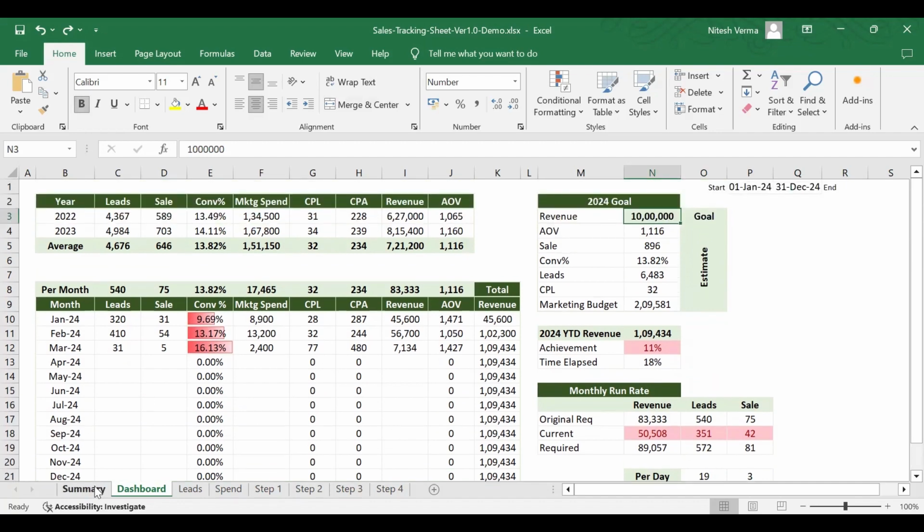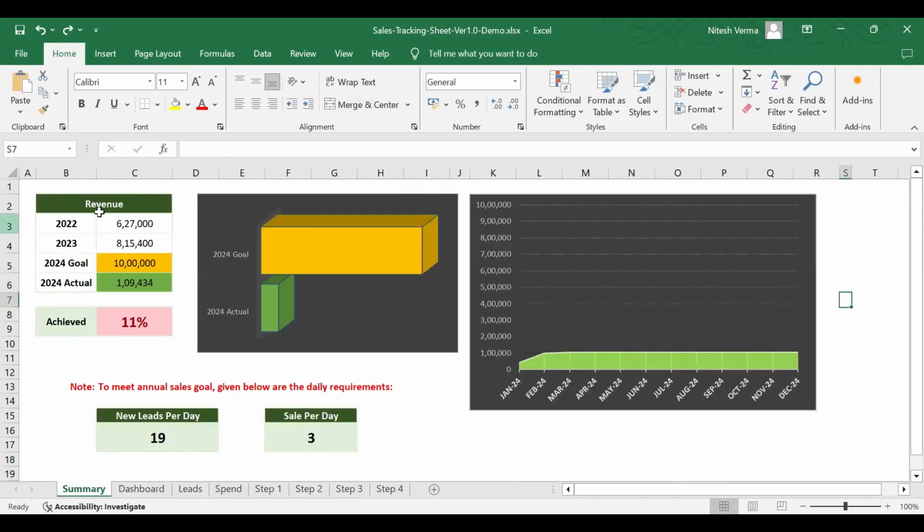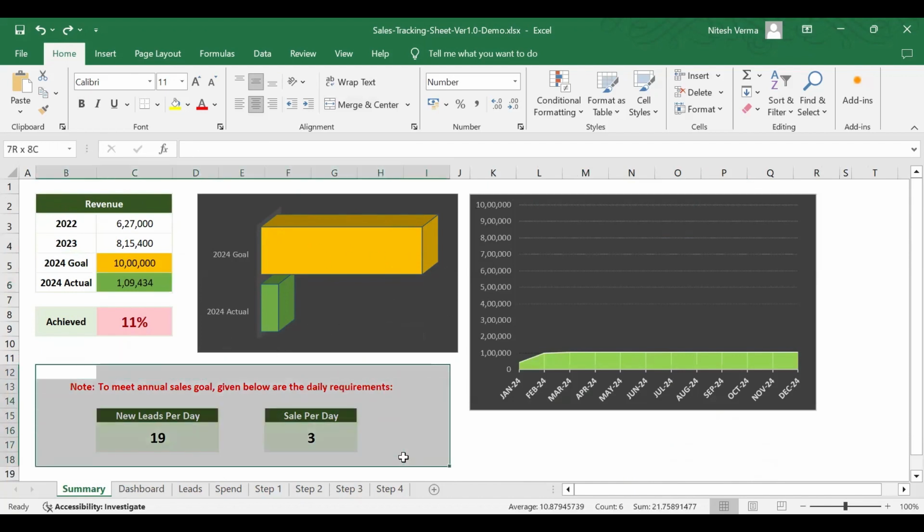And I've also created a summary sheet for quick observation. So here you have your last 2 years sale, you have your goal, your revenue, which picks up from the dashboard sheet. Here you have a graphical representation. So you know how close you are getting to your goal, and a small statement which you could just copy